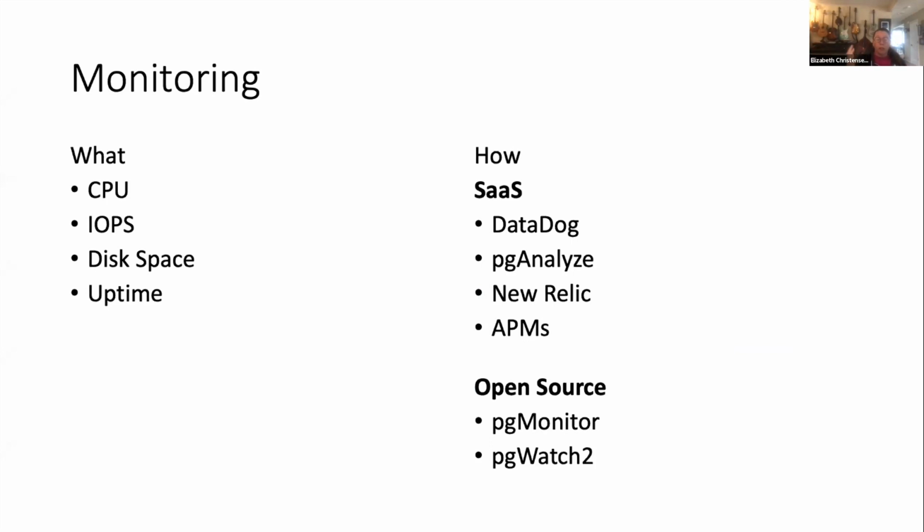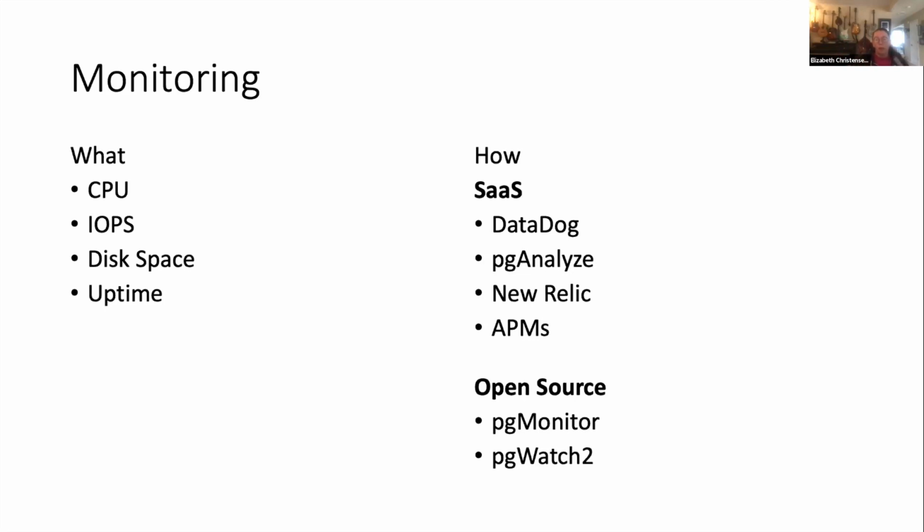Some providers, like if you're using a managed service provider like Crunchy Bridge, will include a bunch of this stuff. And then, a lot of people have third-party tools that they work with too. We work with a lot of clients that use something like Datadog. That'll run an agent inside your database and then export all of your metrics out. PG Analyze is another Postgres-specific software as a service that's really nice and does a lot of query analysis and performance stuff.